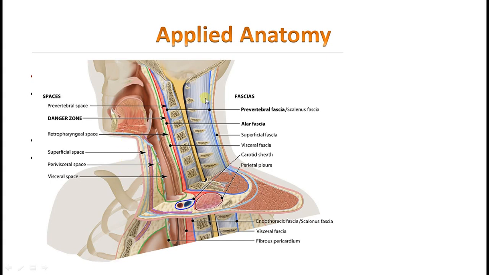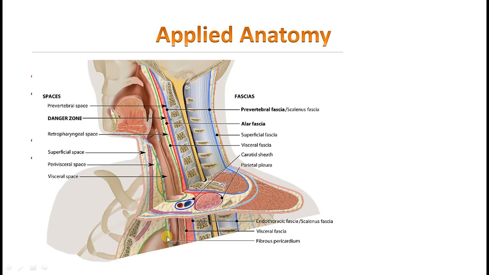So here you are able to see a sagittal section of the neck. So this is the esophagus and trachea. In front of the trachea, what you see is the pretracheal fascia, and here you are able to see in front of the prevertebral muscles, and that is the prevertebral fascia. So behind the esophagus and pharynx, you have the retropharyngeal space. Now the pretracheal fascia attaches to the fibrous pericardium of the heart. So any infections can track down from here